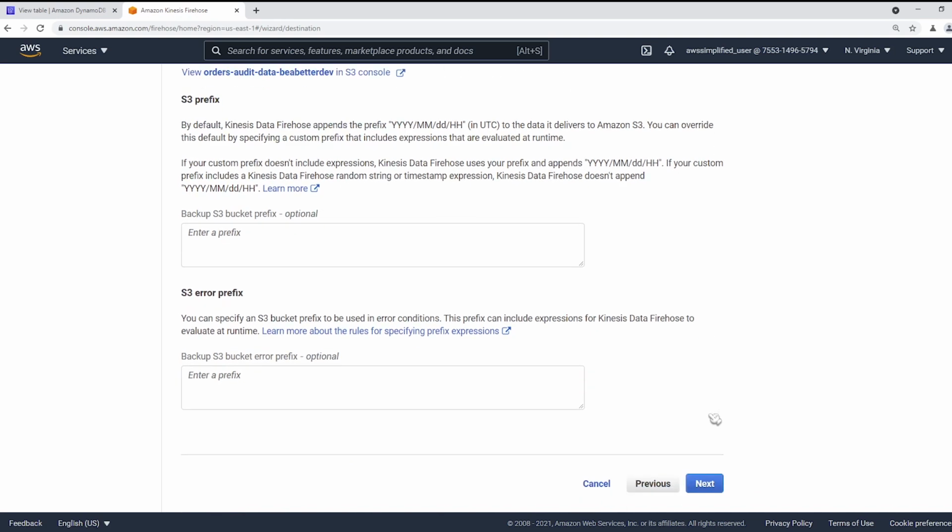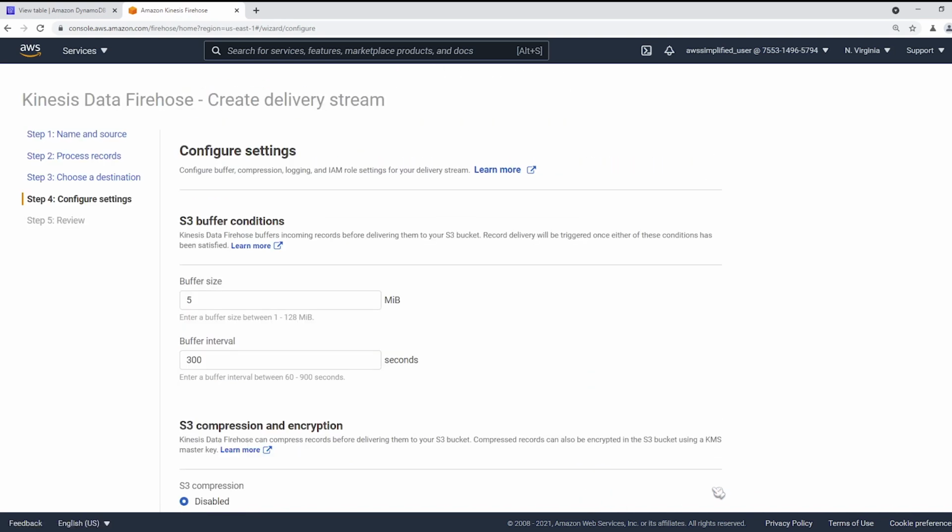All right, from here we just want to go ahead and click on Next in the bottom right. And this is where we specify some of the conditions for our buffer. You don't need 5 megabytes worth of data. This is the chunk that it'll output to S3. If the rate of delivery increases, it'll put lots of these size chunks in your S3 bucket all at once. So you can choose your size here. I'm just going to set this to 1.